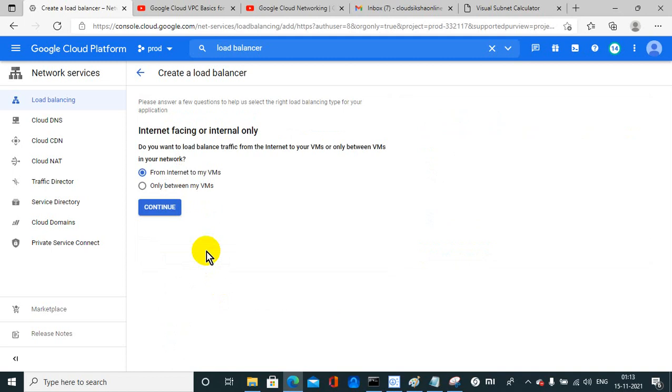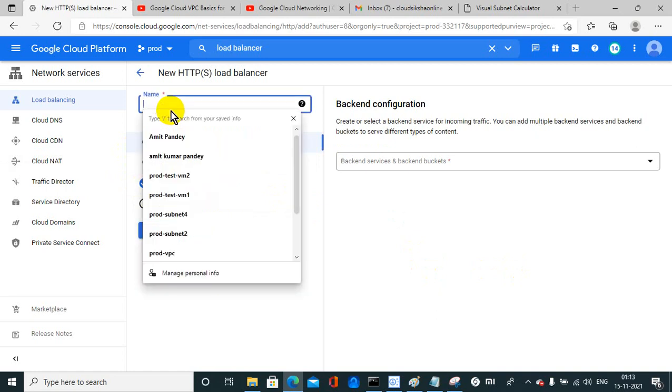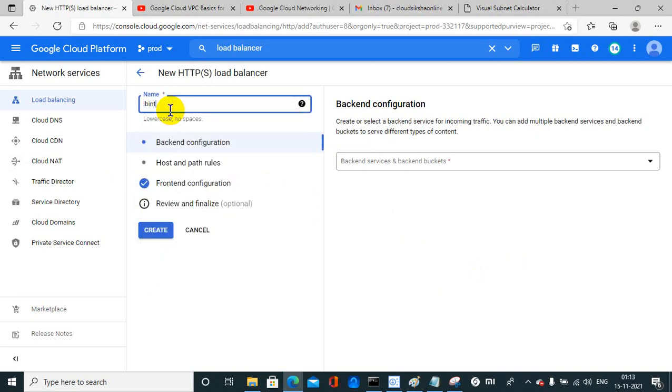Start configuration. The first option is from internet to my VMs, and the other is only between my VMs. If any traffic is coming from the internet and I need to load balance that traffic to my VMs, I can choose this option. If it's inside the VPC or inside the project, we need to go with only between my VMs. So I'm clicking on the first option. Here we need to put the LB name, internal